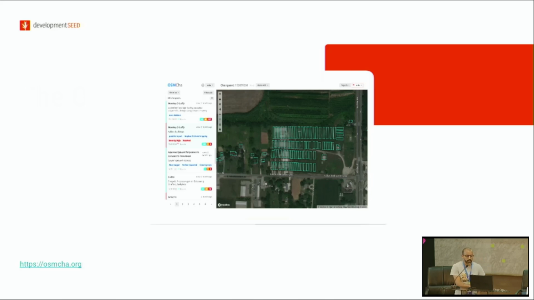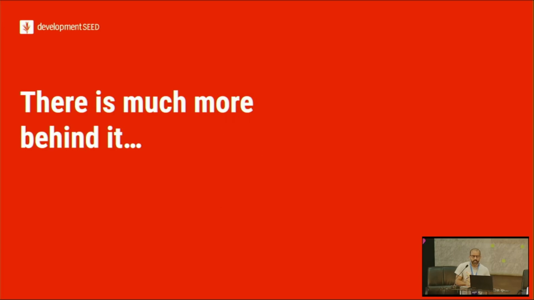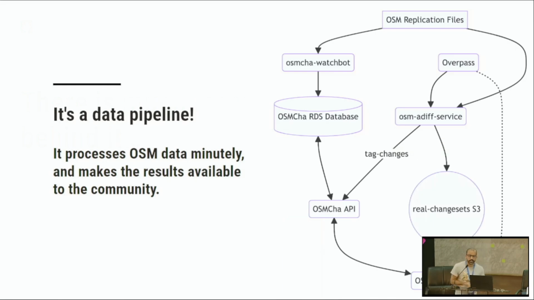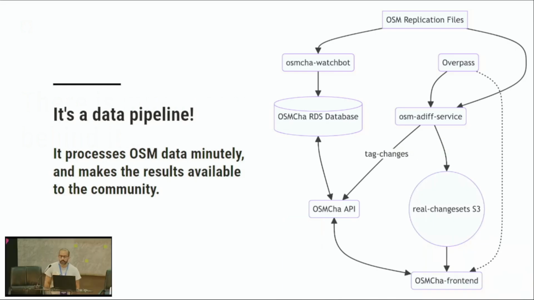And most people just know the interface of OSMCha, where you can visualize the changesets, filter them, review them, and add comments to the changeset. OSMCha provides a good visualization of the changeset, but there is much more behind it. And it is the data pipeline that we have on OSMCha that